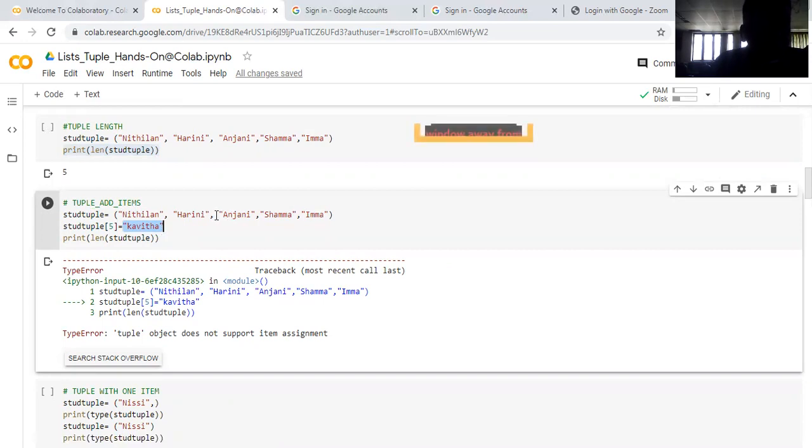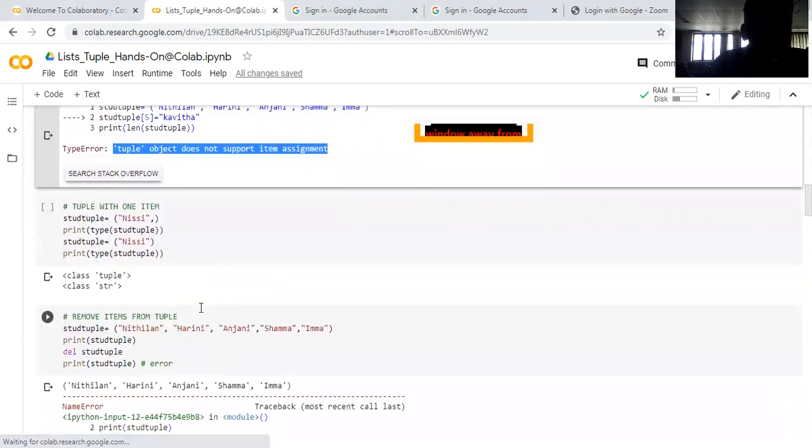Suppose you want to add a new item to this tuple, what should be done? The tuple is to be converted into a list, and there you can add an item to the list and then convert the list back into a tuple. Understanding? Once the tuple is created, you can't add any more items to that tuple. That's why we are getting an error: tuple does not support item assignment. That item cannot be assigned because tuples are immutable. What you create using the first one remains the same. If you want to add items, you should convert it into a list and then you can change it.